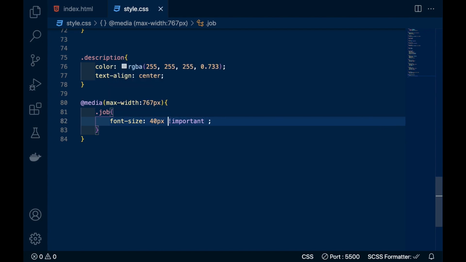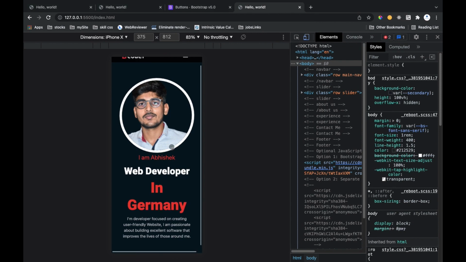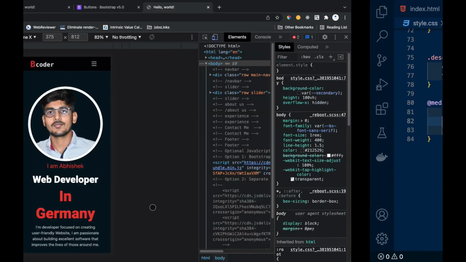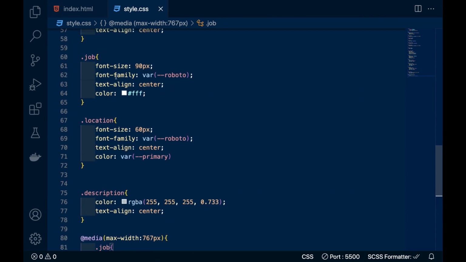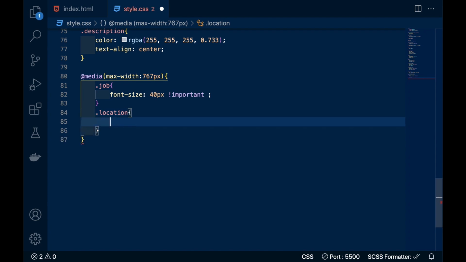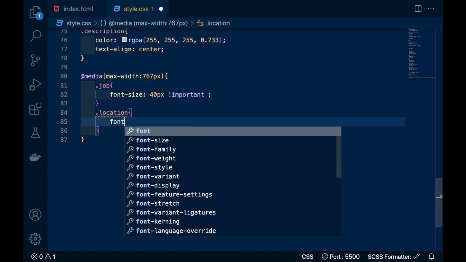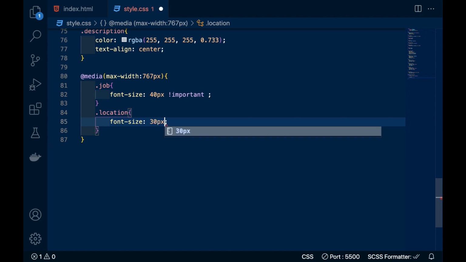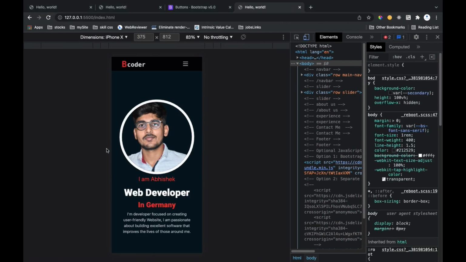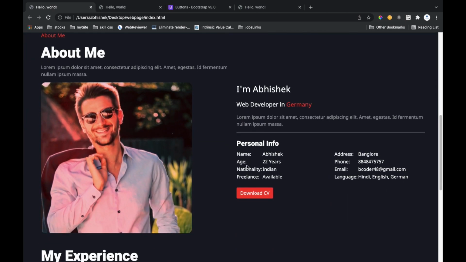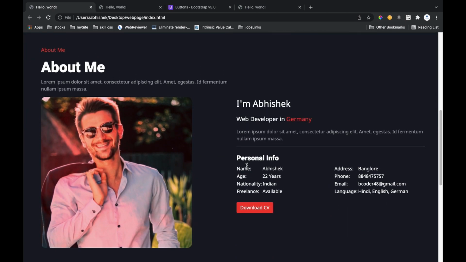Means if you write important, then this code will be overwritten. So here you can see how good it is looking, and I will make the location one small too. Its font size will be 30 pixels.